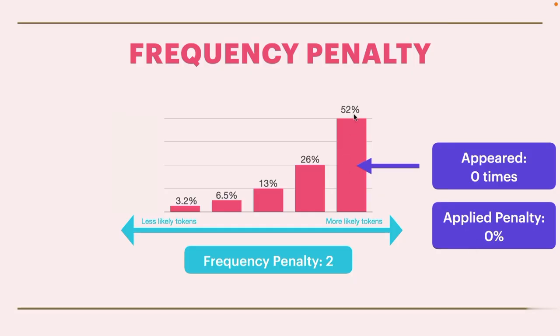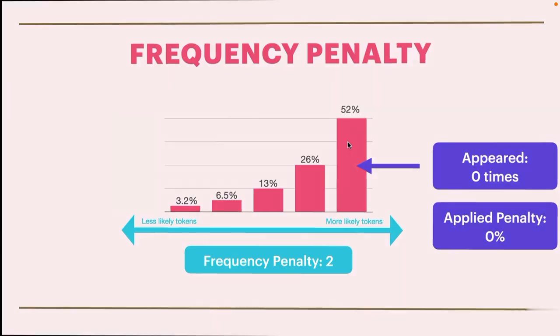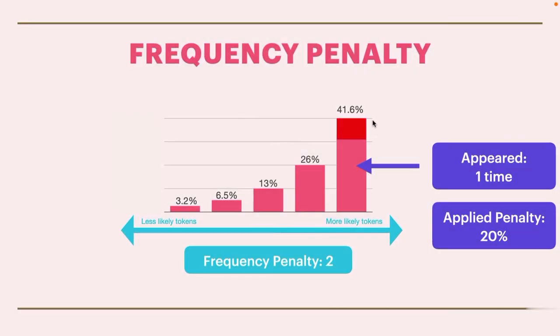So that means that we will decrease that probability by 0%, which means it's going to stay unchanged. Now, if that token appeared so far one time in the prompt response, then, for example, the applied penalty is going to be 20%, which means that its probability of being sampled is going to be reduced by 20% compared to the original value. So we went from 52% probability to